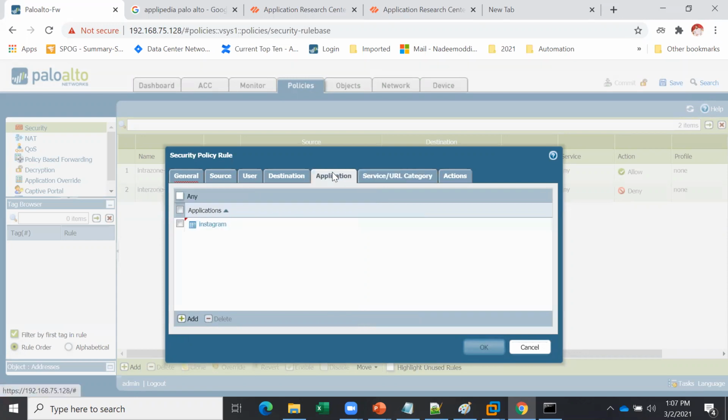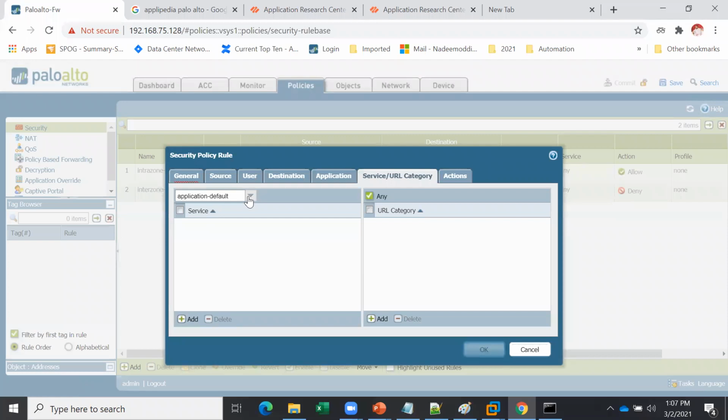If you are creating something port based, where instead of an application you are using some ports, then you should use any. What will happen is that even if the firewall doesn't know that particular app ID, it will see if any service or port is there, and it will identify it that way.